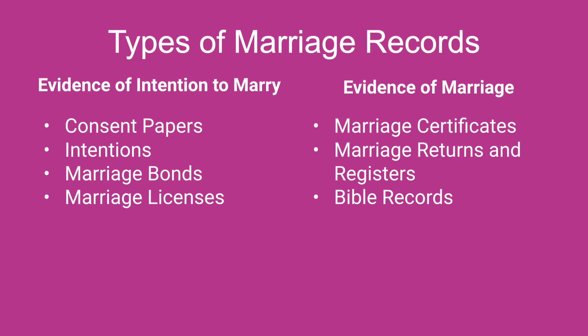Intentions are what they sound like. They show the couple's intention to marry. They were most common before 1850 and were posted in a public place prior to the marriage to allow others the chance to object. Marriage bonds were popular in the South and Mid-Atlantic states until about 1850. These showed the couple's intention to marry, and the bond was an amount of money that the groom would pay if the marriage was not finalized. You're probably familiar with a marriage license. This is when a bride and groom submitted a marriage application or license, and this document showed that they had been given permission to marry.